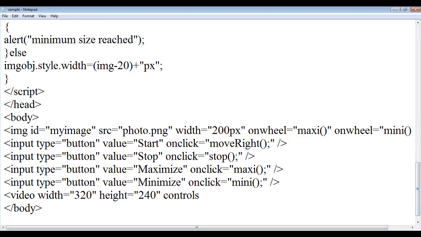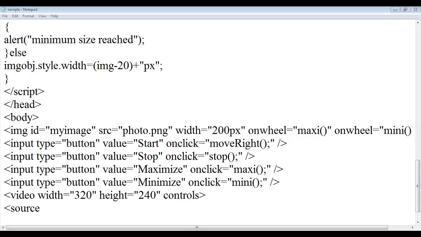First, the video, and the width and height of the video that I want to specify, and controls. In the controls, you have to represent what the controls of the video are. We have to consider all of those here. And we can represent the source from where you are taking this video. That is the source tag you have to use.